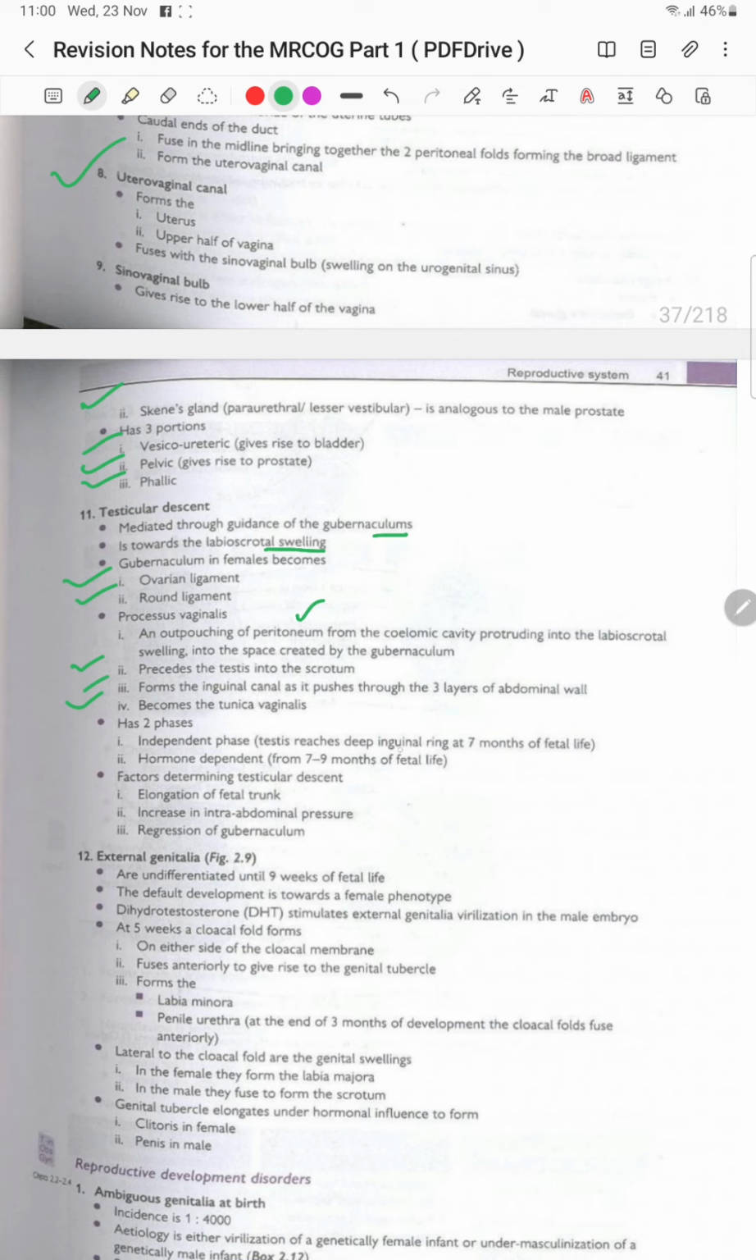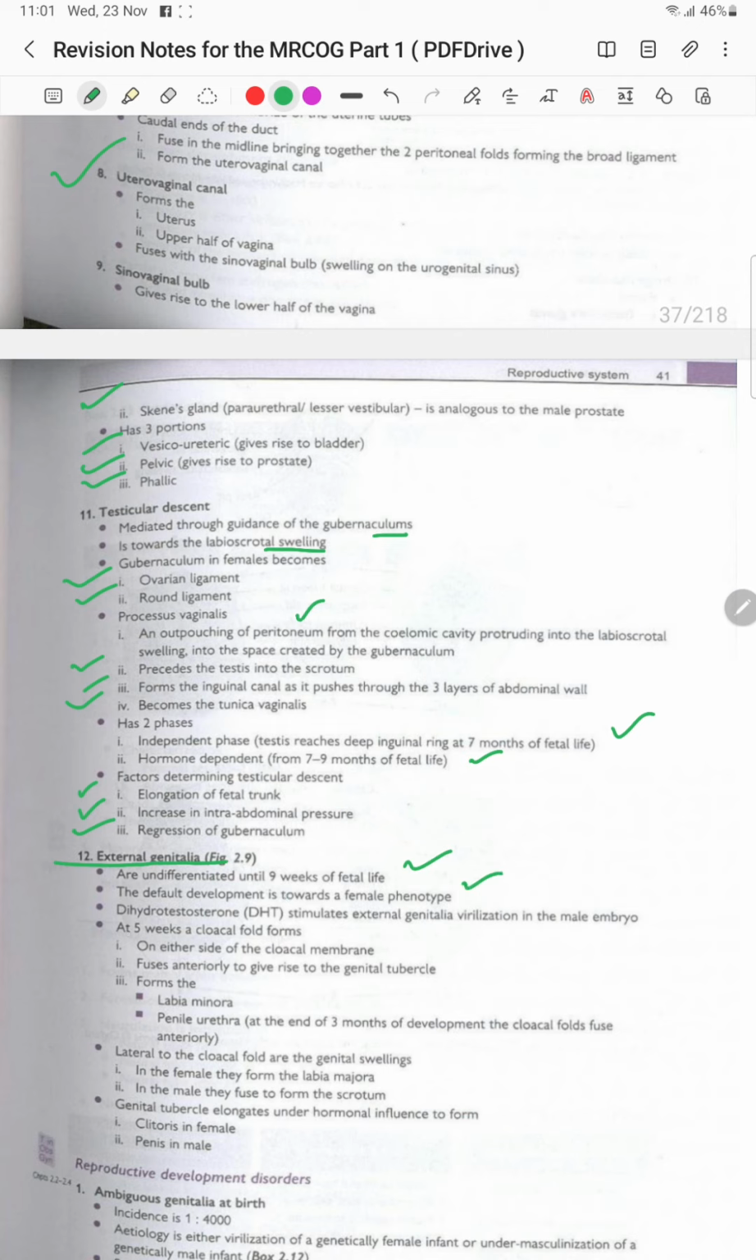Independent phase: the testis reaches the deep inguinal ring at 7 months of fetal life, and the hormone-dependent phase is from 7 to 9 months of fetal life. The factors determining testicular descent are the elongation of the fetal trunk, the increase in intra-abdominal pressure, and the regression of the gubernaculum. External genitalia are undifferentiated until 9 weeks of fetal life, and the default development is towards the female phenotype,